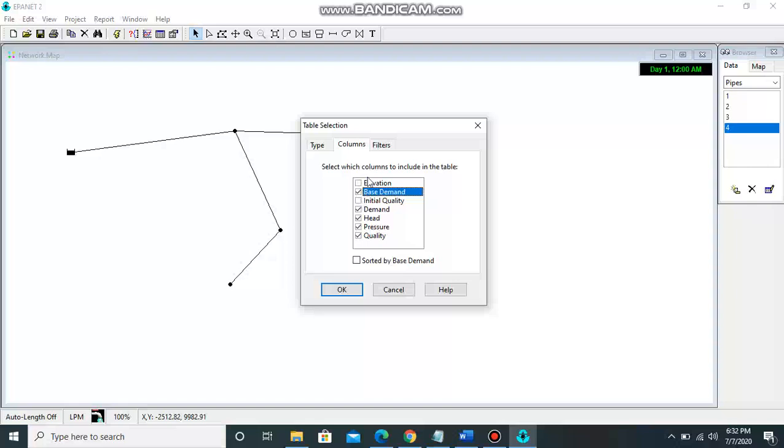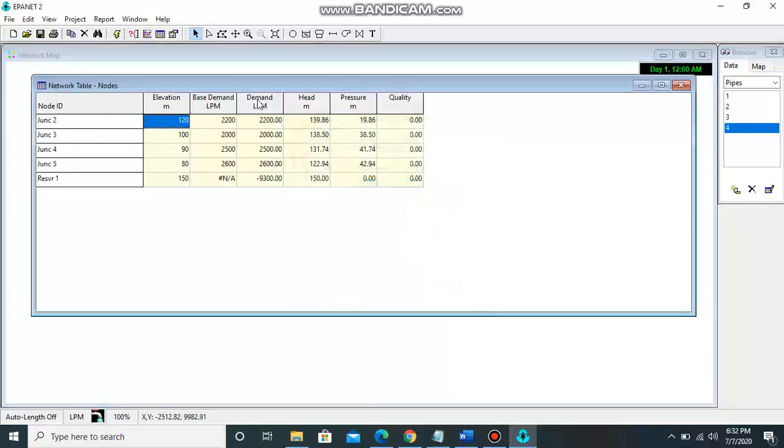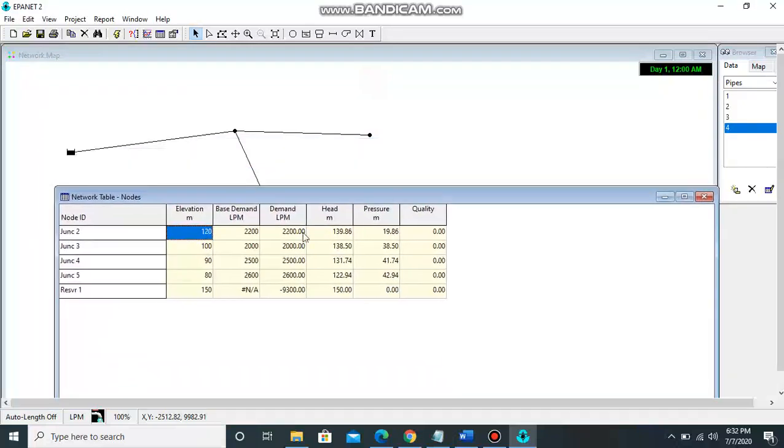You will check based on elevation and base demand. Here, junction 2 has the base demand that we put. The pressure head of junction 2 is 9.86, so it is okay. Junction 3 is 38.50. Junction 4 has a bigger pressure, so it is okay,